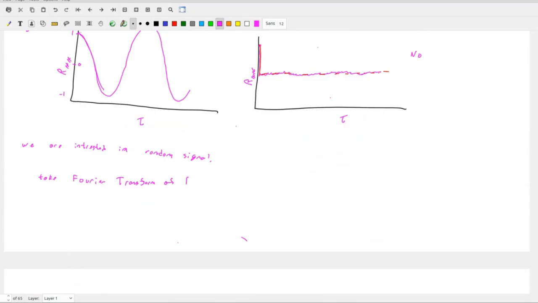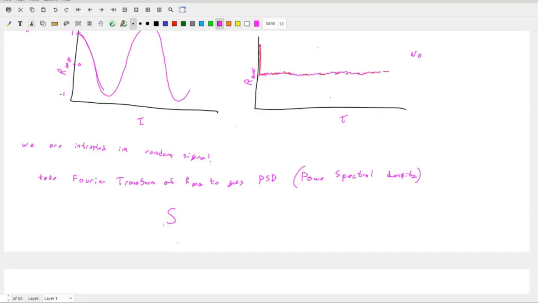of RxX to get our power spectral density, PSD. Power spectral density. Did that a little backwards, but that's fine. And that is our spectrum,